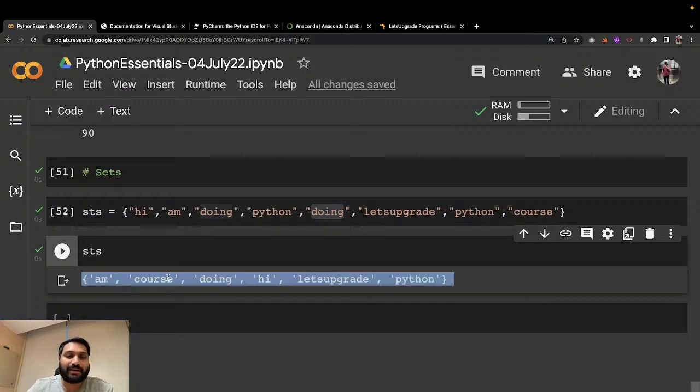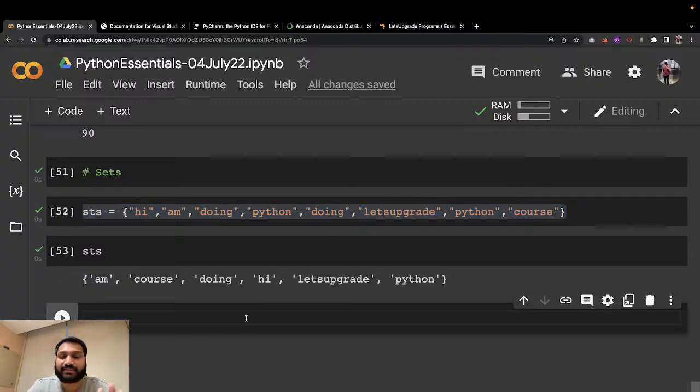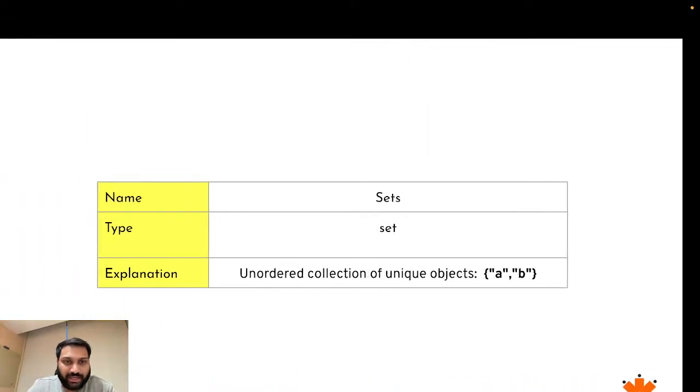So I am doing hi, let's upgrade Python course. You are seeing all the repetitive items are removed. All the repetitive items are removed. So this is how you can actually use it. Okay, now going ahead,